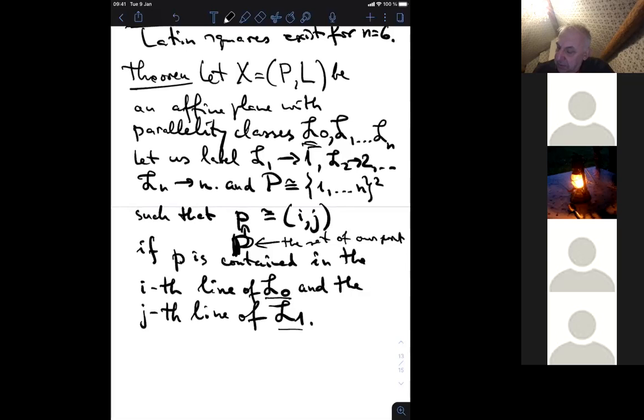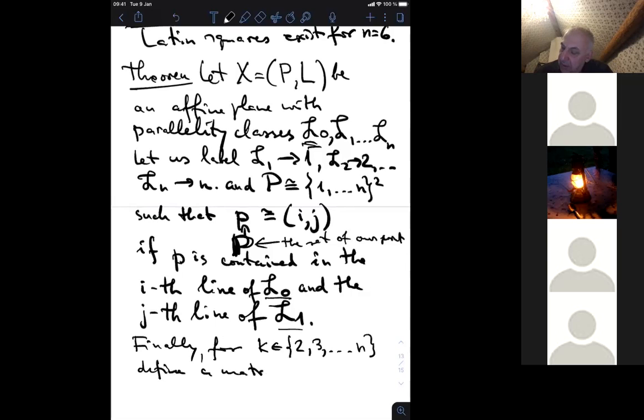So finally, for k equal to 2, 3, and so on, n, define a matrix A_k by,